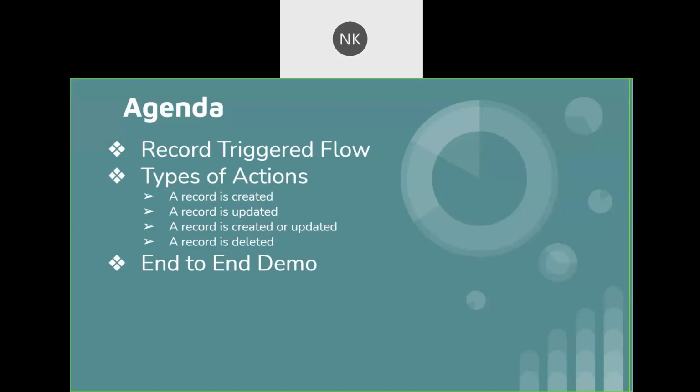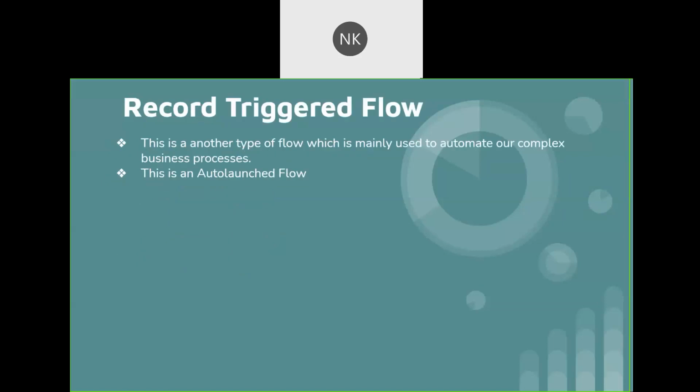So there are different types of actions in the record triggered flow. One is when a record is created, when a record is updated, when a record is created or updated, and when a record is deleted. So what we are going to do is have a demo and understand a business use case and see how we can make use of the Salesforce flow,